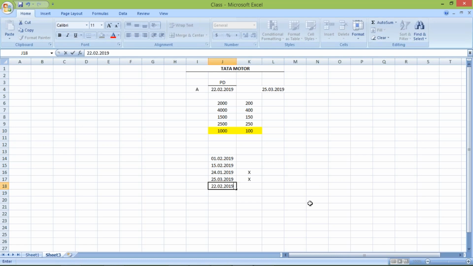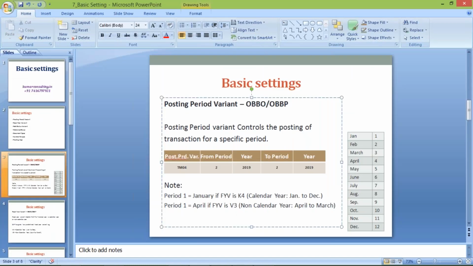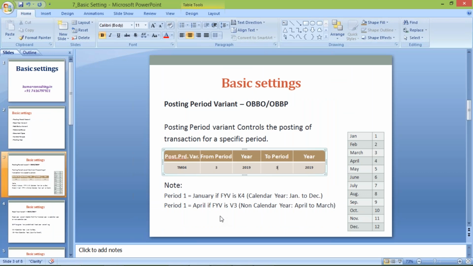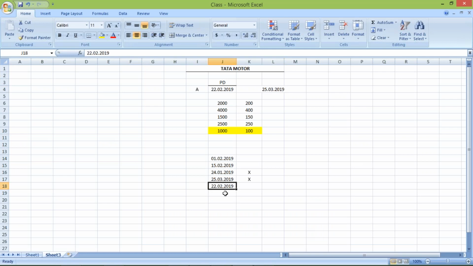2019. But since we are in March month, what is happening, guys? Management is going to change the period, and here the period will be March month is open, from period 3 to period 3. It means March month is open. Okay. So once the March month is open, then what will happen? This guy is going to give a period. This guy is going to give the posting date